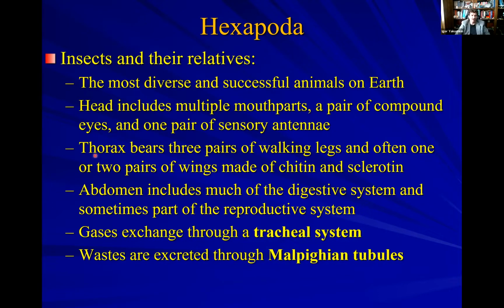So they have a head, thorax and abdomen. Thorax usually bears 3 pairs of walking legs, hence the name hexapoda, and usually 2 pairs of wings. And that's one of the reasons why we think those particular creatures are so successful. They are the first ones who conquered the air. Digestive system as well as the reproductive system, they have an open circulatory system, but in addition to that,